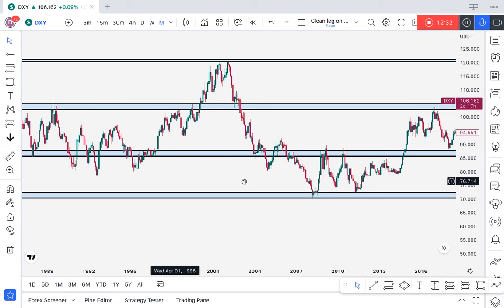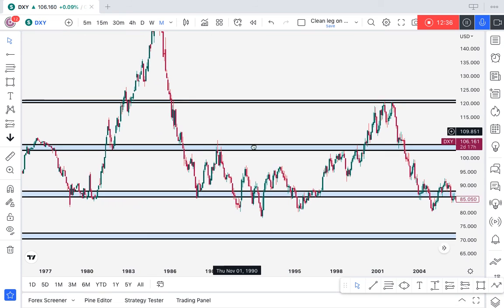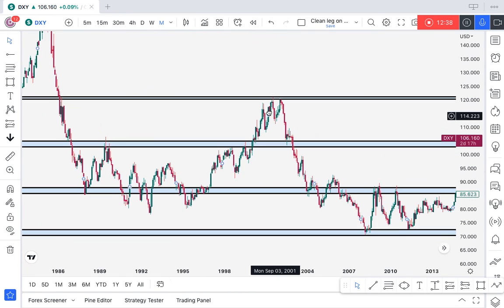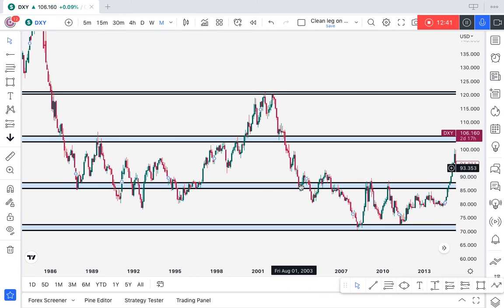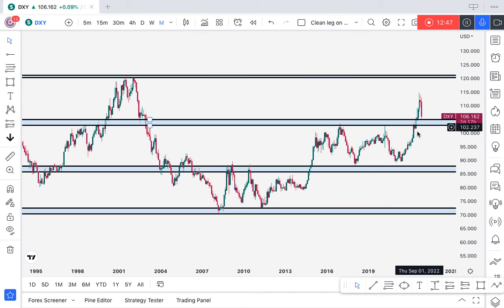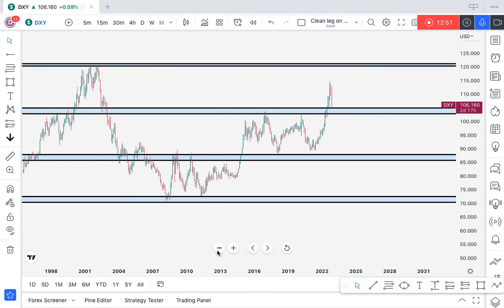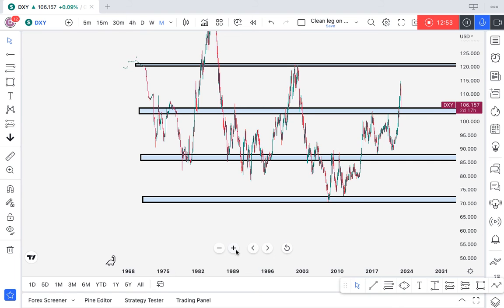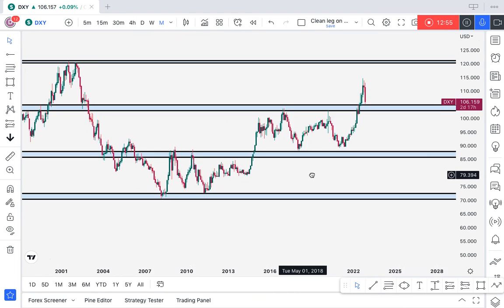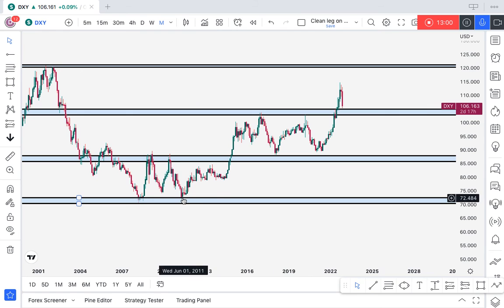Now I have all these levels plotted out nicely, and you can see they're very, very accurate because anytime price got to my level, it got rejected, and then reacted in some way. It broke this guy, retested this guy, broke this guy, retested this guy, broke this guy, currently coming to retest this guy. So it's very, very simple. So now here is why I think we are not done with the bullish momentum when it comes to the XY. We are technically still in an uptrend, as you can see.